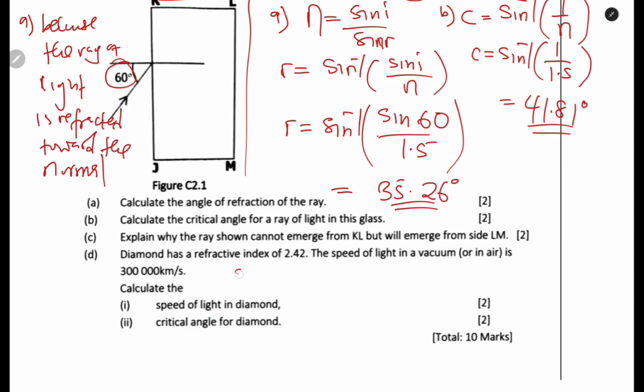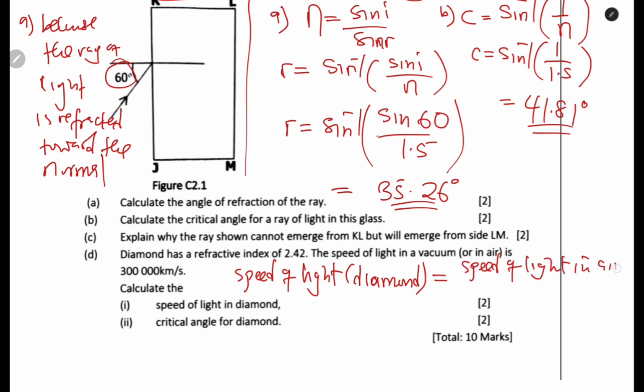So the formula generally, you can say speed of light, in this case you are dealing with diamond, but whichever you are given, that is the formula that you use, equals speed of light in air divided by refractive index. That is the formula that you use. So in this case, speed of light in diamond, we are going to say speed of light in air is this one,